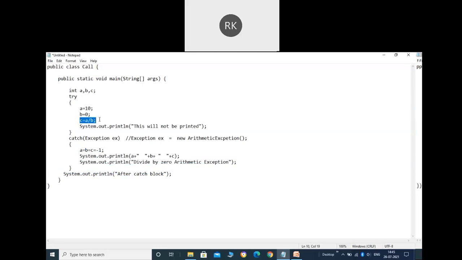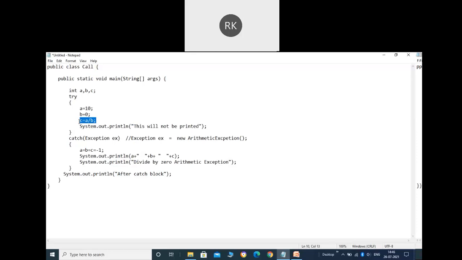As soon as the third line executes, it is a divided by 0 condition. At this line, the Java runtime system will create the object of the arithmetic exception class and throw it. The point to remember is that the line after this within the try block will never execute.